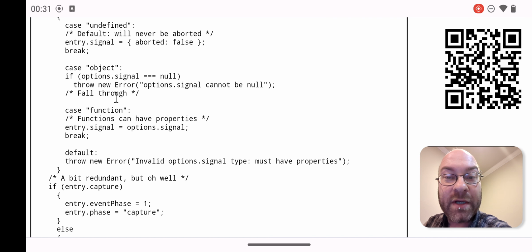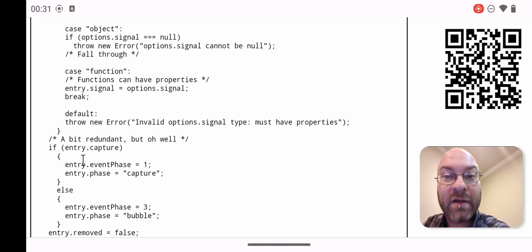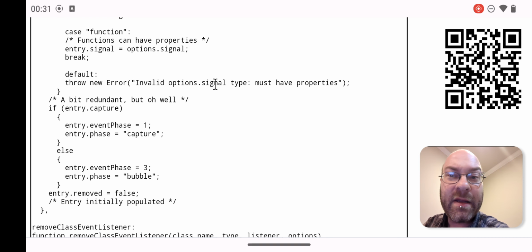But if it's an object or a function, because functions can have properties as well, I'll set the signal property of the options to be the signal property of the entry. And then we'll break out of that. Otherwise, the type is invalid, and I'll throw an error about that. It has to have the aborted property, for example. Then down here, I will